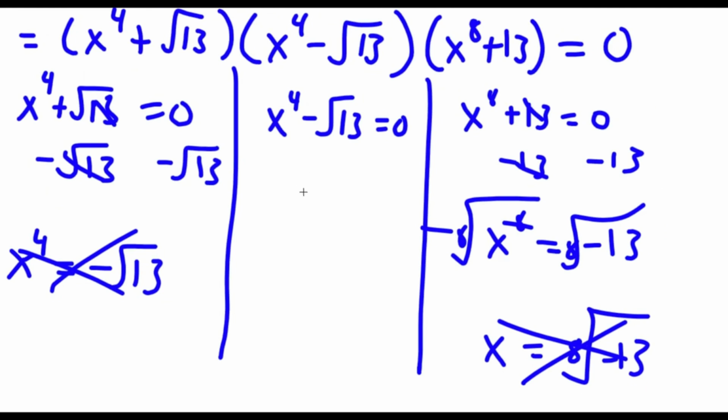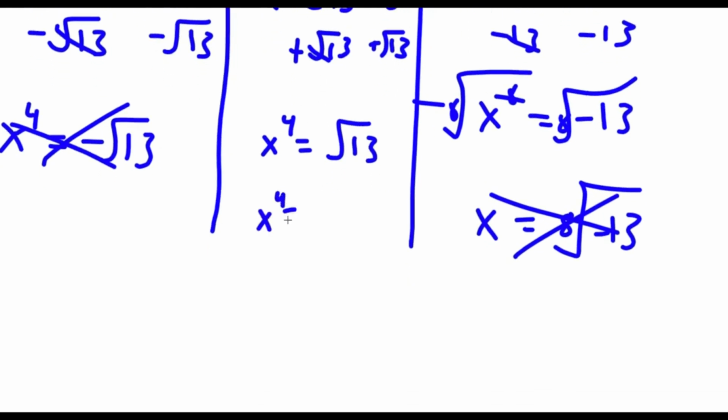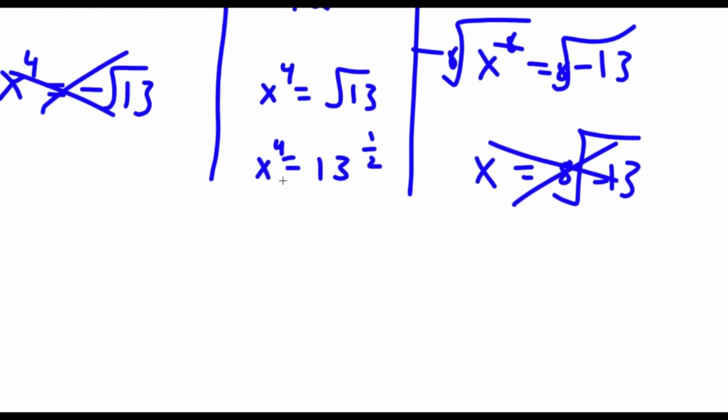So now all we are left with is x to the power of 4 minus the square root of 13 equals 0. So I'm going to first add the square root of 13 on both sides. So now I have x to the power of 4 is equal to square root of 13. Now the square root of 13 is the same thing as 13 to the power of 1/2. So now if I take the power of 1/4 on both sides,